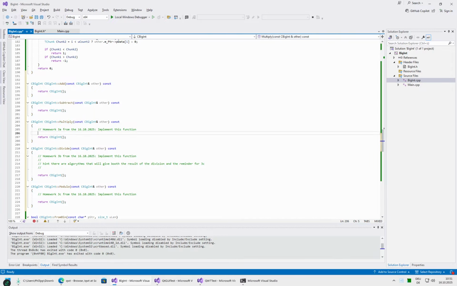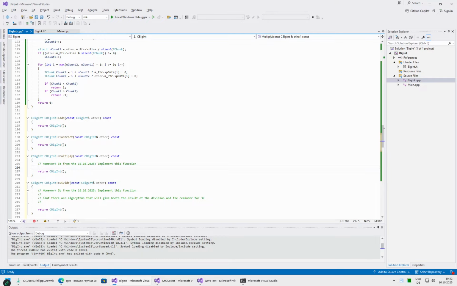And for multiplication, there are also good algorithms that do that reasonably efficiently. The preschooler approach of just running a loop and adding the same value over and over again is of course highly inefficient, so that is not a valid solution. It should be something reasonably fast. And now let's take a look at these add and subtract